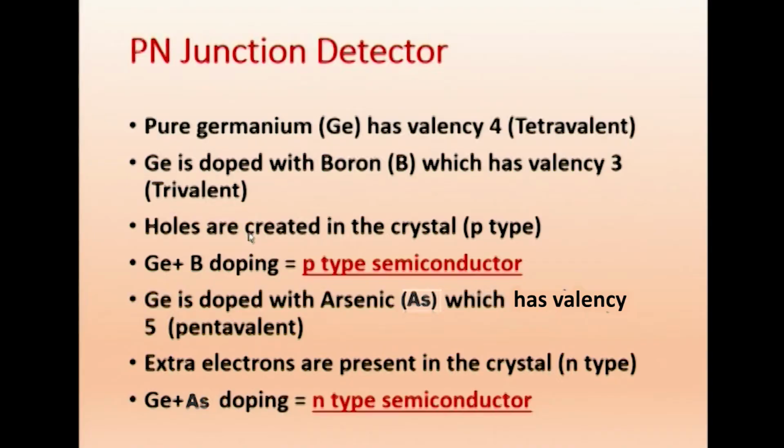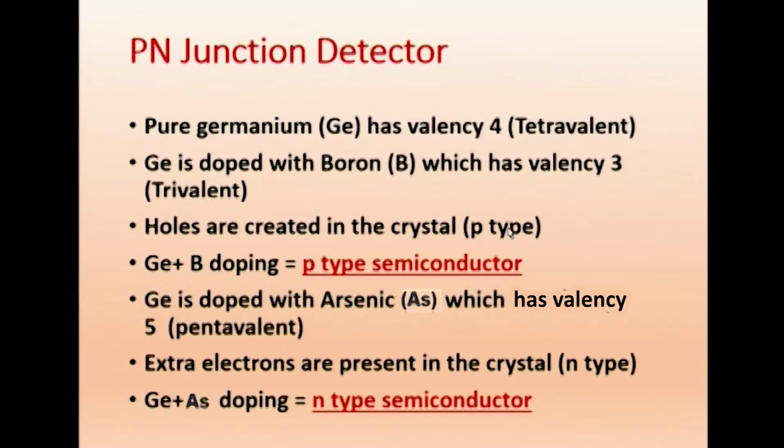what will happen, as we have seen in the diagram, is that holes are created in the crystal, so it becomes p-type. Holes are created, that is, vacancies for electrons. When the absence of an electron causes a positive charge, we call it a hole. Absence of an electron is called a hole. We get a p-type. So as a rule, Ge plus B, germanium plus boron doping, we get